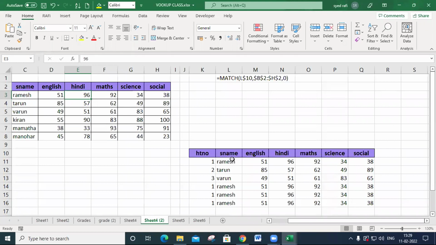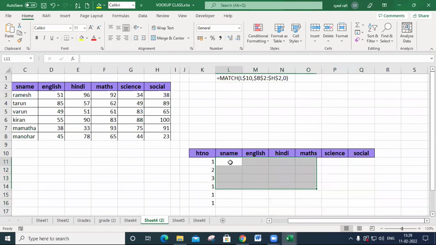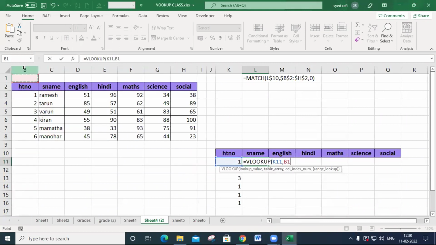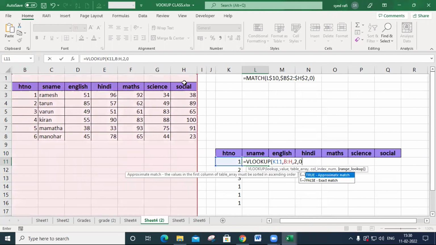Okay. So once again, I repeat this for you. You may also select like this and press. You give one formula, and it automatically spreads to other cells also. So equal to VLOOKUP, this is the lookup value, comma, this is the table array, comma, second column, comma, 0.